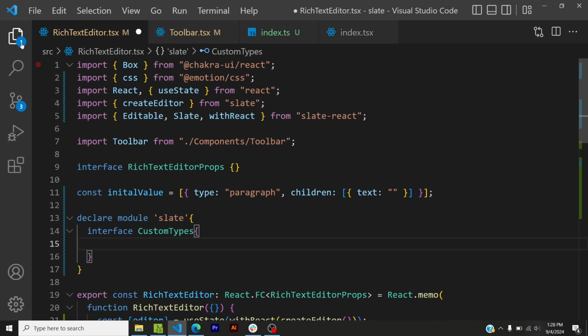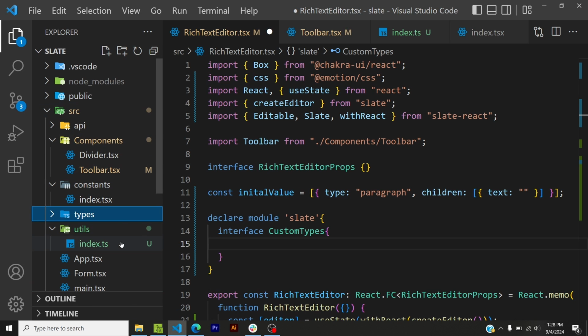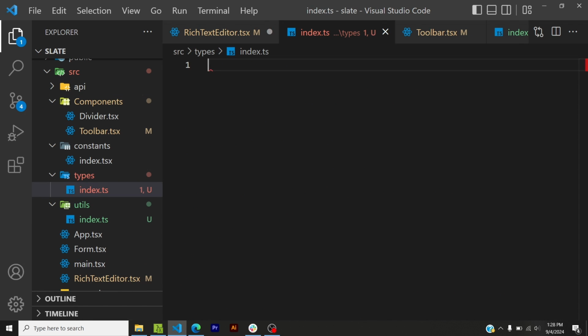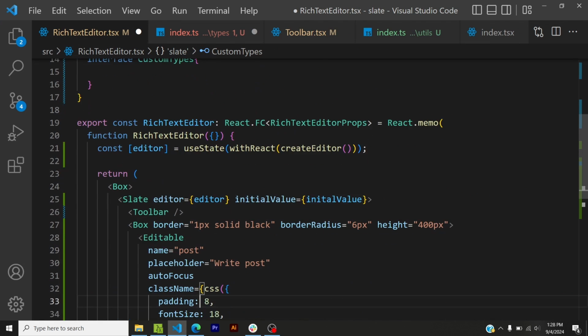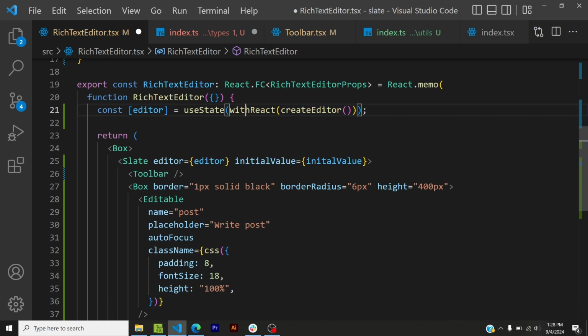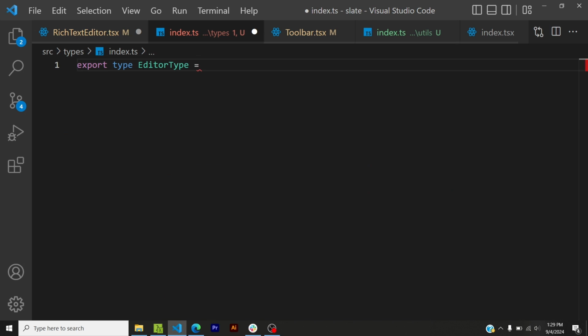So let me make these types separately. I'll go here, I'll make a folder, types. Inside this types folder, I will add an index.ts file. Great. Now here I'll say export type EditorType is equal to. If I go here to the Rich Text Editor file, you will see that createEditor returns an editor object of type BaseEditor. But with React, if I hover over it, it returns an editor of type BaseEditor and ReactEditor, because now withReact has added some more things to this editor. So the editor type would be BaseEditor